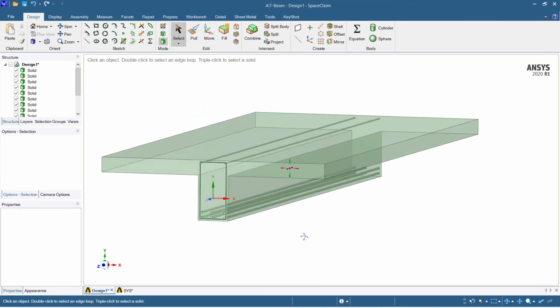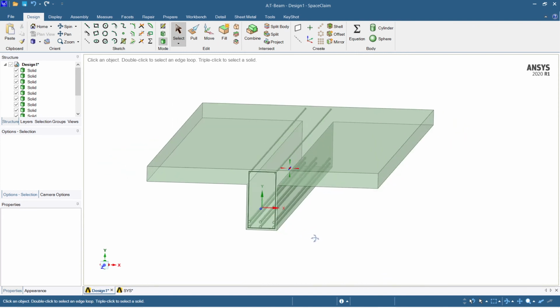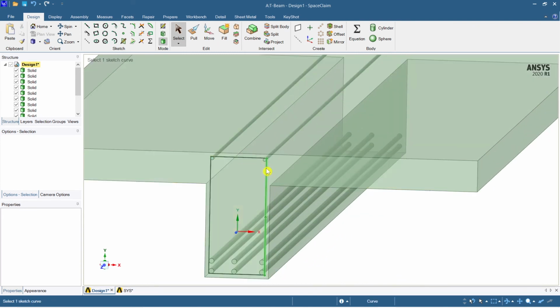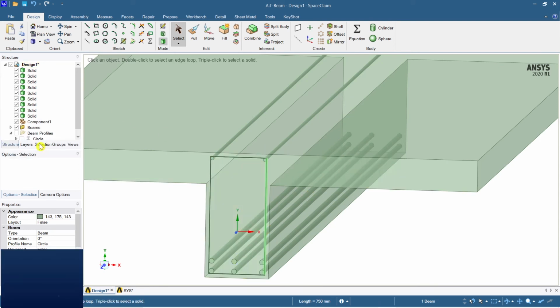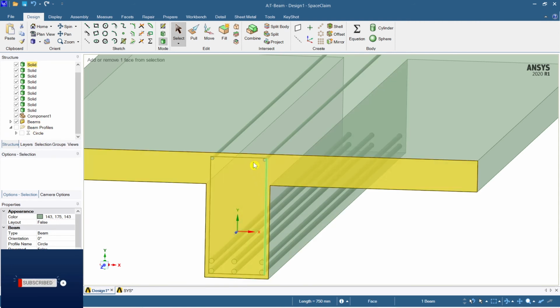So now you're able to see the bars are running throughout. Now the only thing we need to make is the stirrup part.